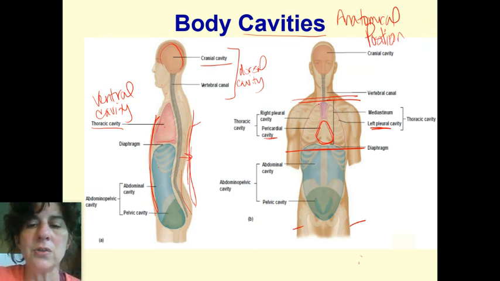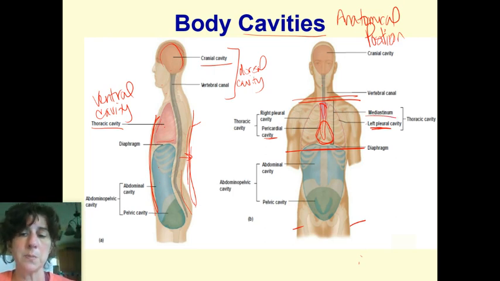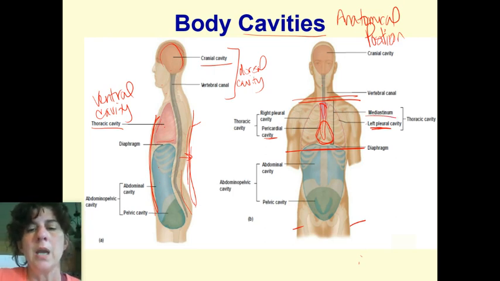And then there's this other one right in here. The mediastinum, they show it in purple right here, runs here and it runs behind the pericardial. So you can see it between the lungs. It really runs between the lungs, but you can see it between there and then sort of behind the heart. That's called the mediastinum. So that's part of the thoracic cavity there.